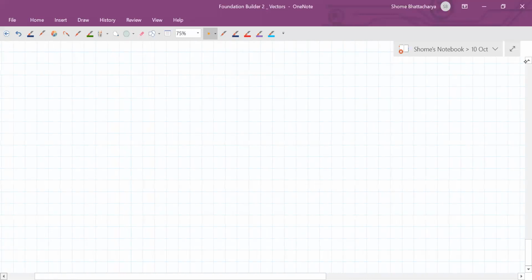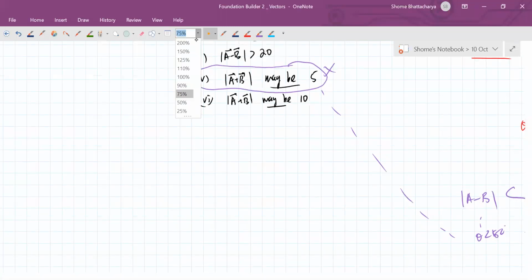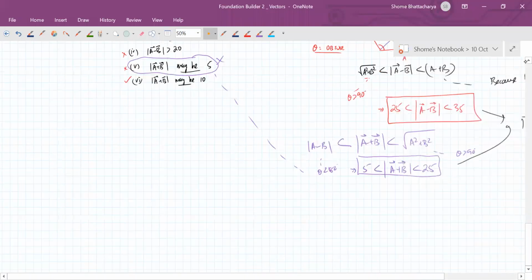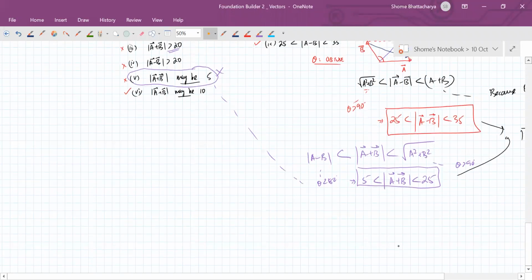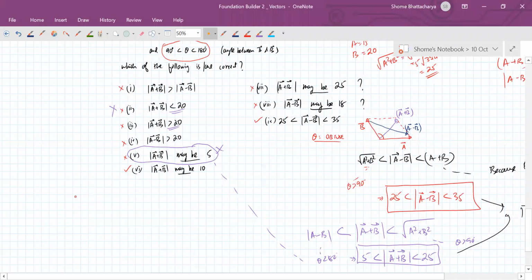Achha, just one more thing I wanted to mention here. Ultimately the inequalities that we have got are related to the angle. It's greater than 90 but less than 180. So the inequalities are like this. Suppose the question said that theta is greater than or equal to 90 degrees and less than or equal to 180 degrees. Then what would have happened? We would have said that our mod a plus b is less than or equal to root of a square plus b square and greater than or equal to the difference of a and b, because the equality is included.